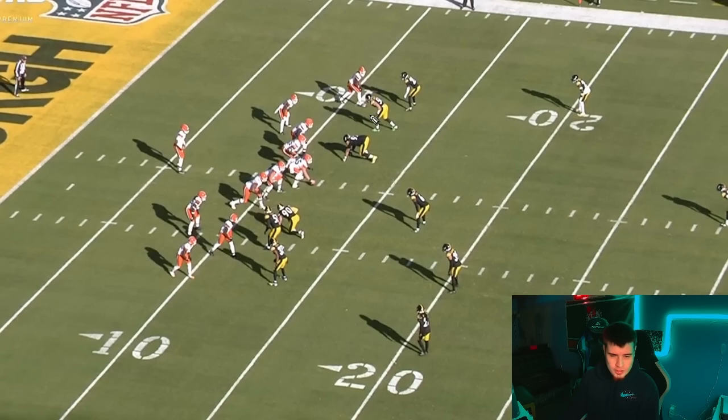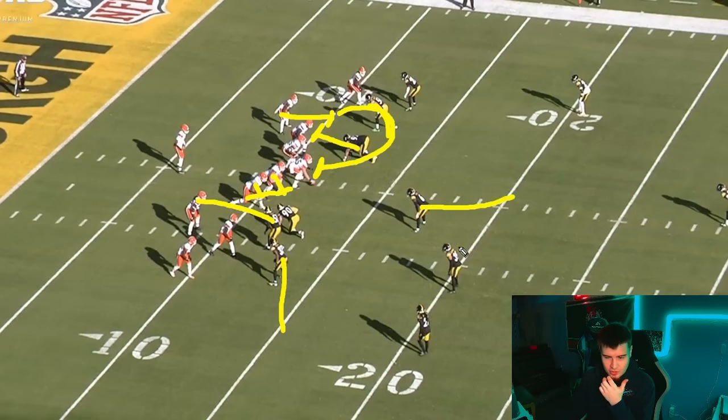Okay, so what we're going to see here is we're going to get Cam Hayward attacking that outside. We're going to see Alex Highsmith. He's going to get chipped by the running back on the outside, and then he's going to bounce back to the inside and get one-on-one with the center. And then TJ Watt is going to get double teamed here off the edge. Right? We're going to get man-to-man here. We're going to get a flat. You're going to get a hook curl. You're going to get a deep third there, a deep third there, and then you're going to get a flat